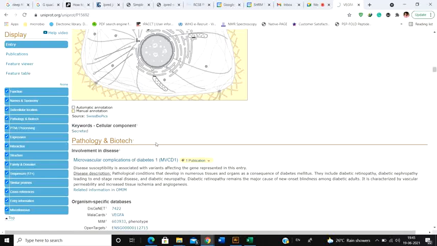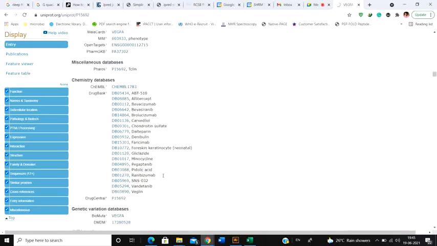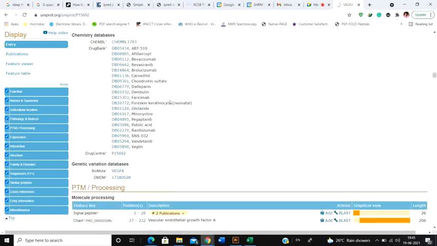Is it connected to other diseases? It might be a lifestyle disease, or any kind of genetic disease. So this actually gives you the idea. For example, in this particular case, it says that this is involved with diabetes as well. It is also involved with cancer, and that's a very well known fact. So that's what it is going to discuss and show.